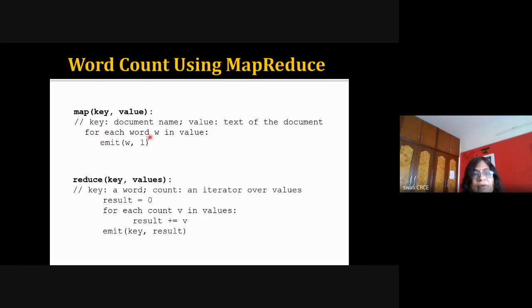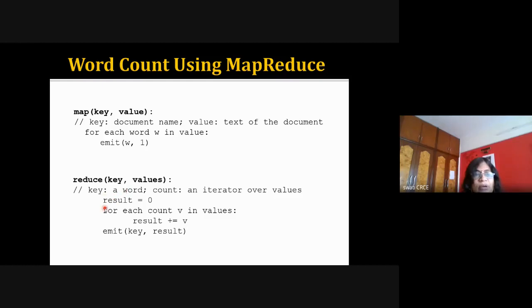For every word W in value, value means your block data, actually block A of the feedback.txt file. So in that block, for every word W in the value, an iterator is used here. For every W in value, just return that word with the count 1. So this is the intermediate output. It is just taking the document, extracting the word, and assigning the value 1 to the word. This is the pseudocode for map.